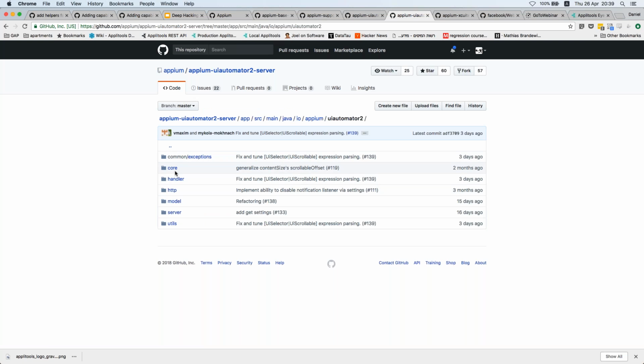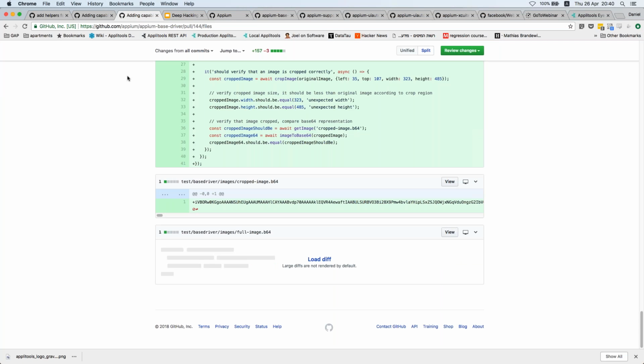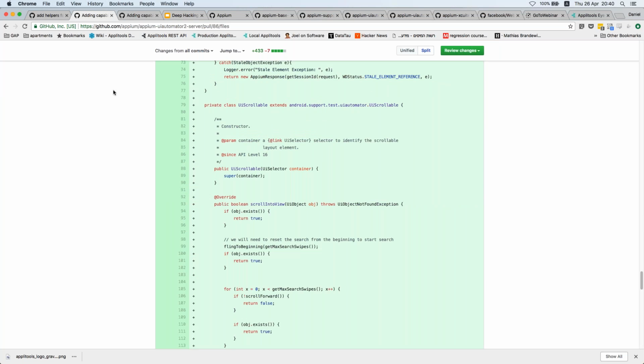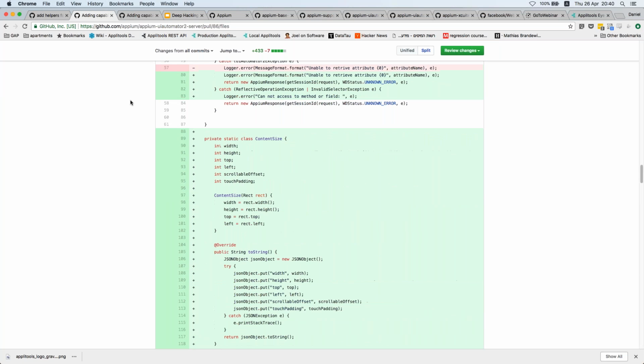Again, it contains a lot of things being implemented on the device. Mostly it contains the actual server listening to commands coming from Appium, but it also contains the various commands, the actual commands that you want to execute. So if we take a look, this is the pull request that we've